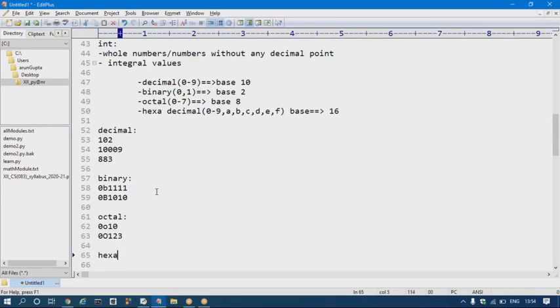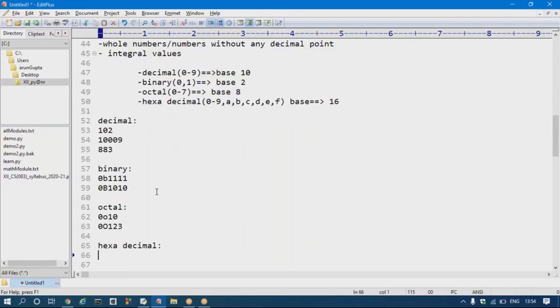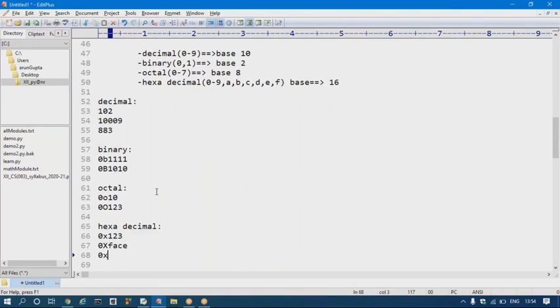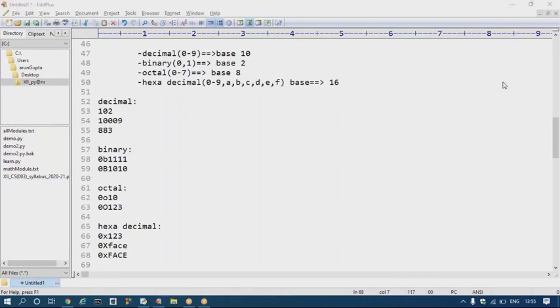If I am talking about hexadecimal, hexadecimal can be represented with 0x followed by 1 2 3, or 0 capital X face. I'm writing face in small letters, 0x, and face in capital letters, which means these a b c d e f can be written in small or in capital, no problem at all. Okay, so one thing is here,